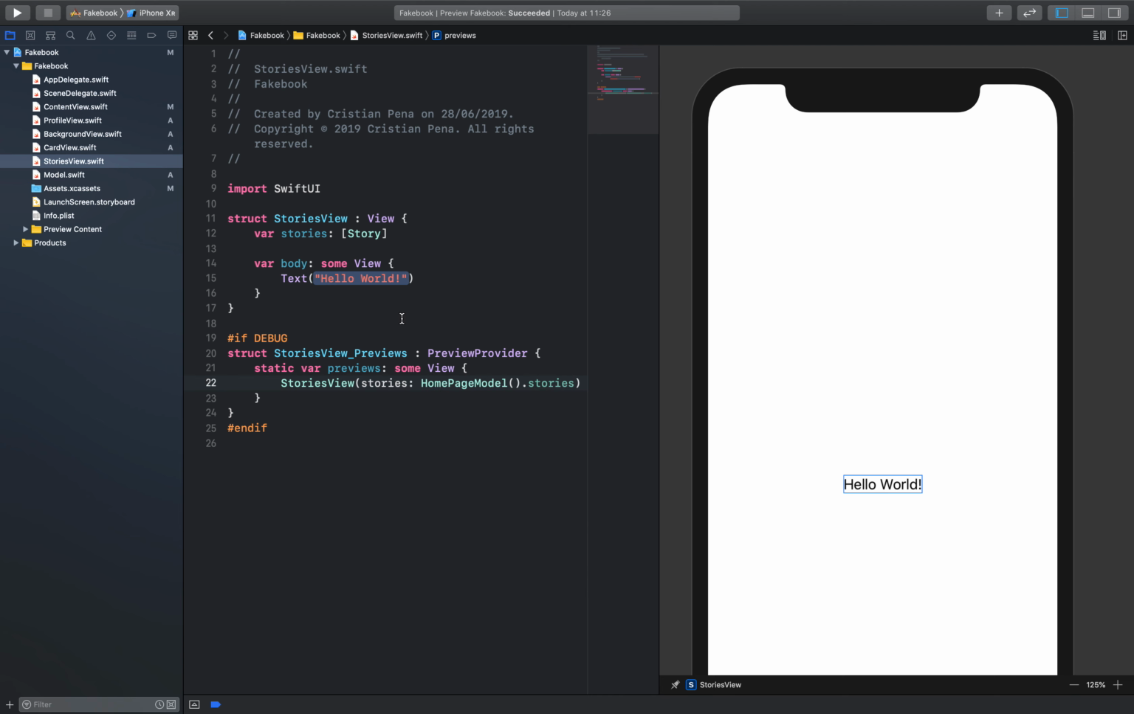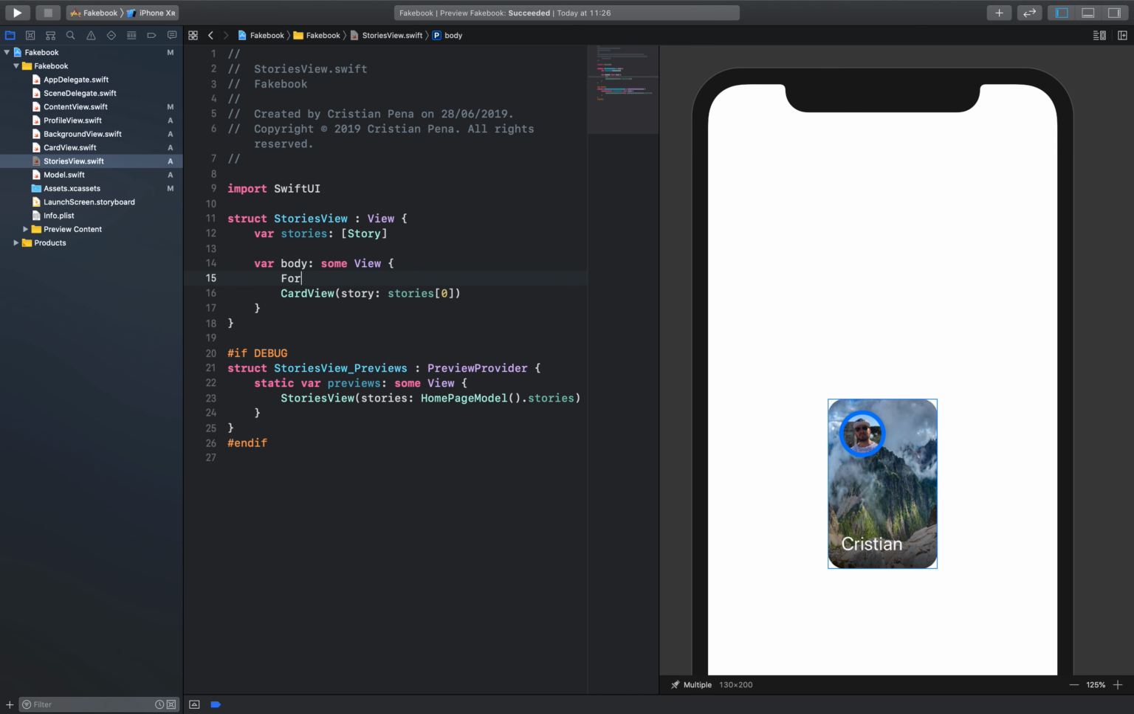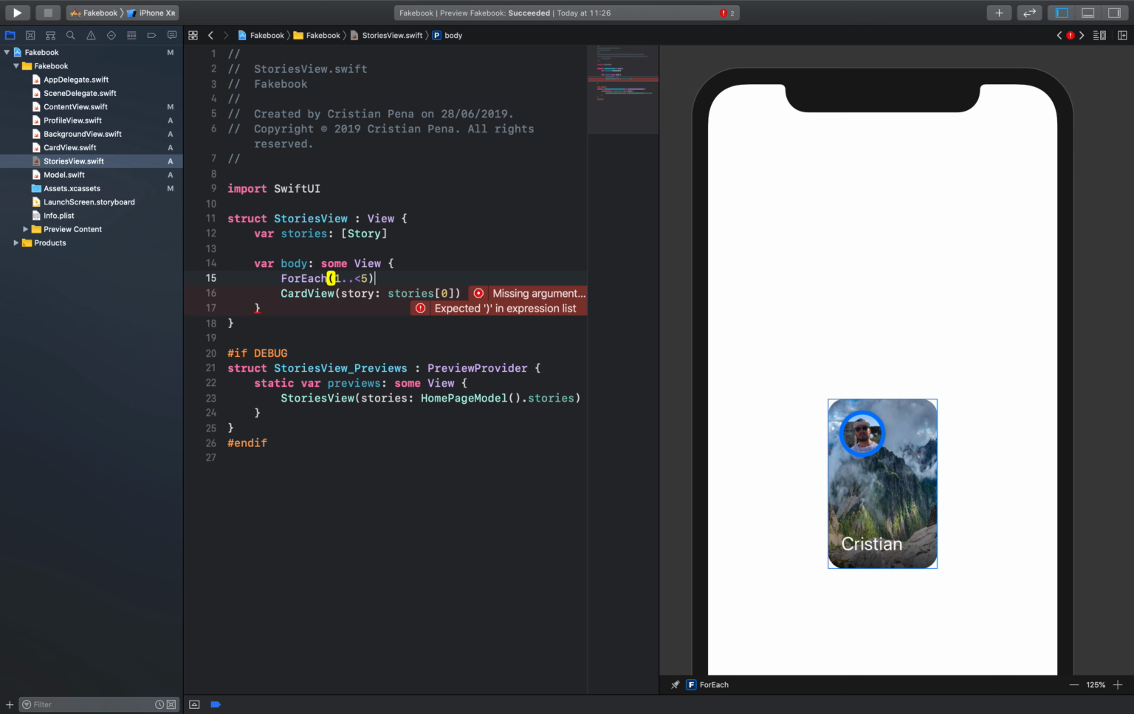So what do we want to do? First of all, let's say we want to put here a card view like the one we created with a story. Let's just call stories 0. So that's what we had before. But let's say we want to make many of these. One way to do this is what is called ForEach. This is the new way to convert an array of models, for example, into an array of views. So if we call it like this,